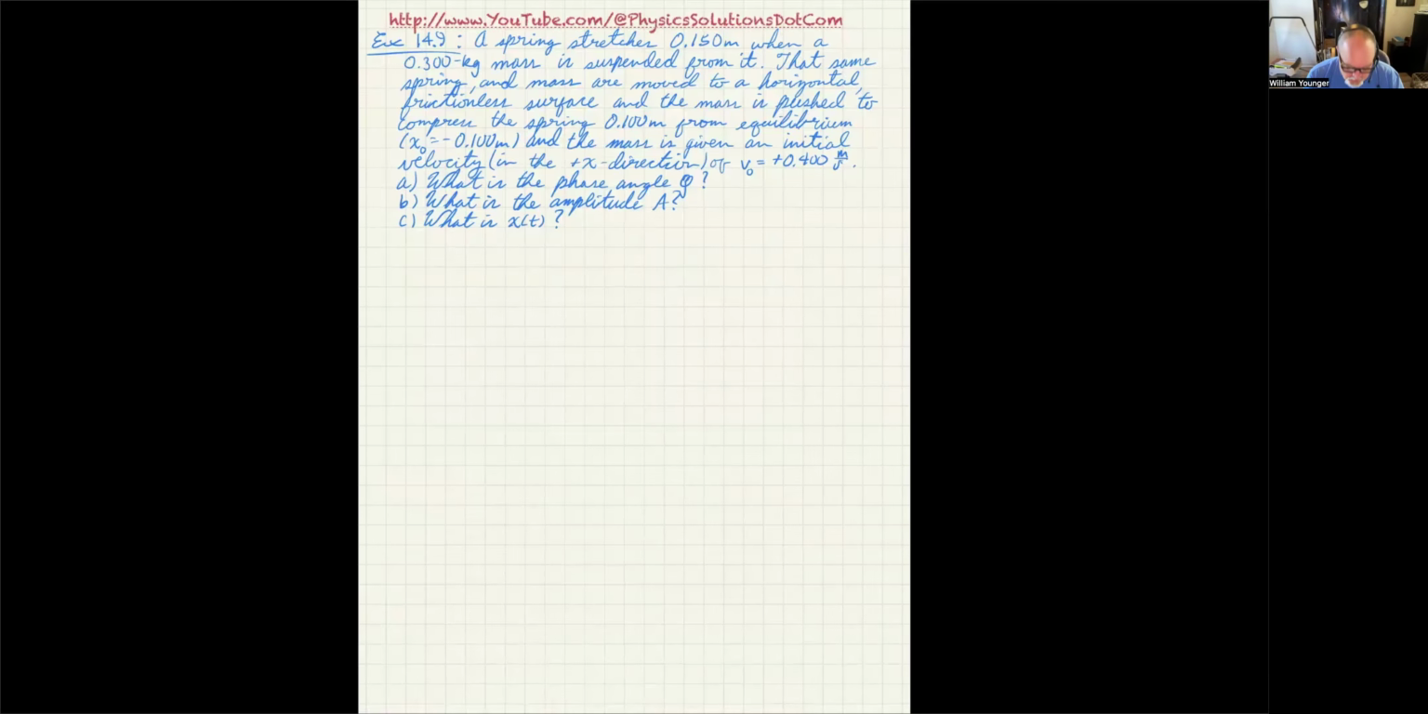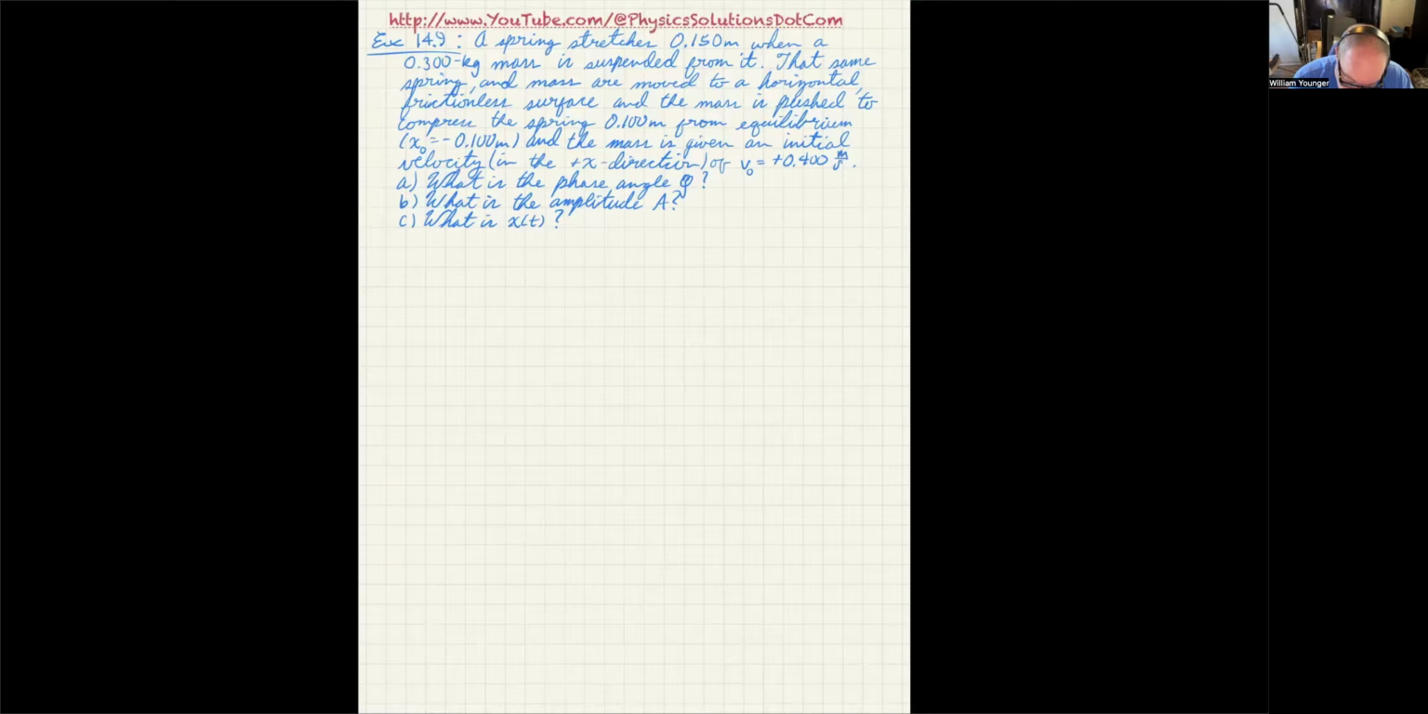So as you can see, I've taken the liberty of copying a little bit from example 14.8 as well as putting in 14.9, so it's a little easier to read. But the problem is as follows. The spring stretches 0.150 meters when a 0.300 kilogram mass is suspended from it. That same spring and mass are moved to a horizontal frictionless surface, and the mass is pushed to compress the spring